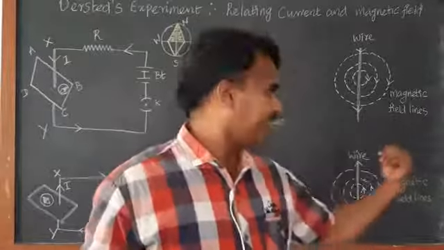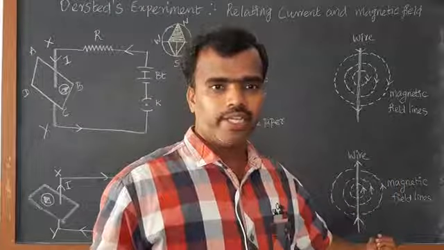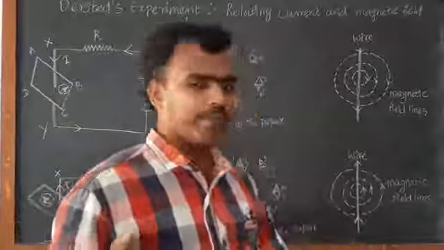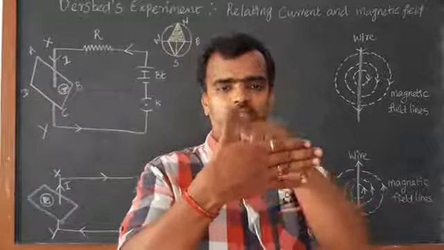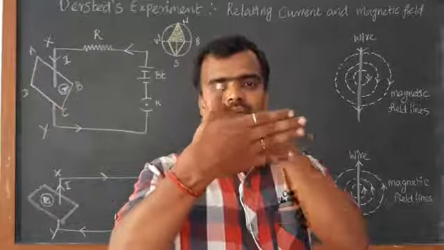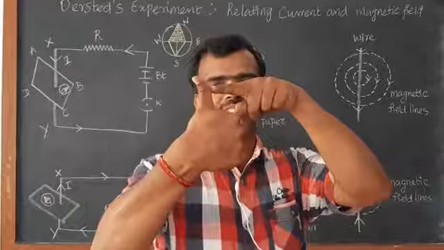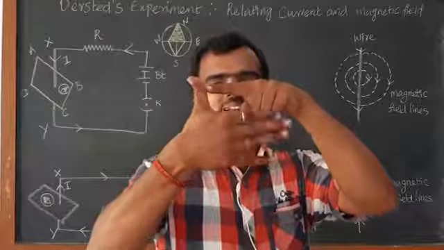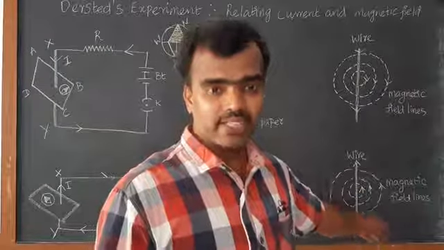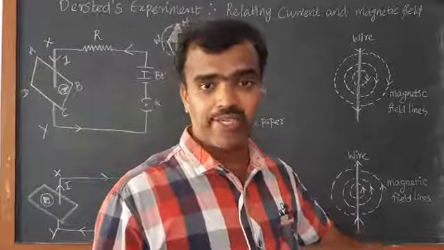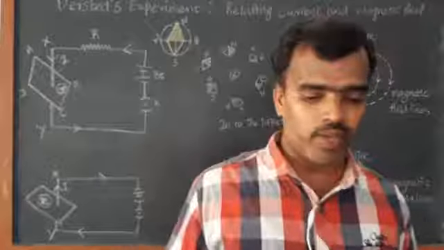And what is the second diagram we have? Out of the paper, right. Yes, out of the paper means the current direction is from bottom to top. At that time, I have my thumb indicating the current direction, and the rest of the fingers, how are they moving? In the anti-clockwise direction. Only by using the right hand thumb rule can we identify the direction of the magnetic field as well as the current here. Yes, I hope you understand well.